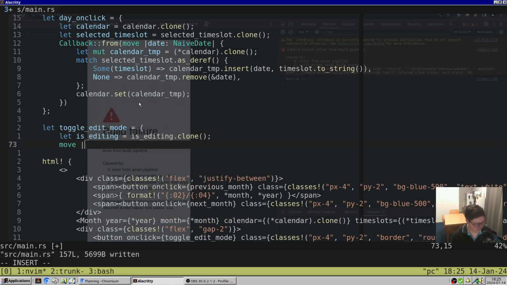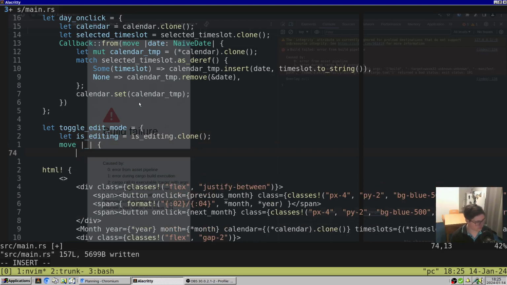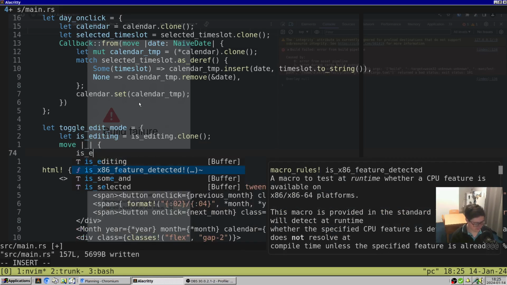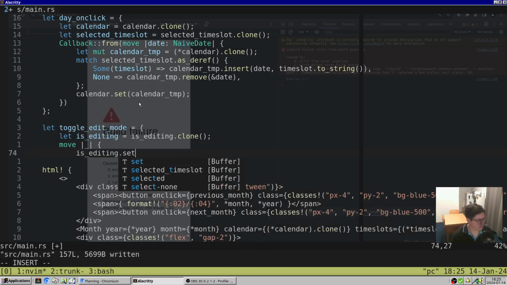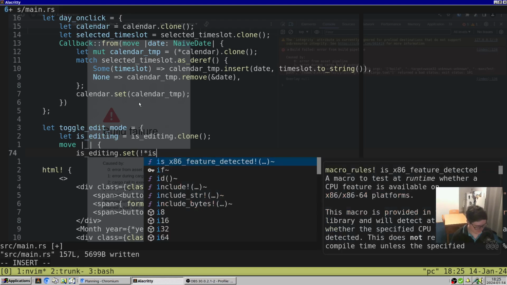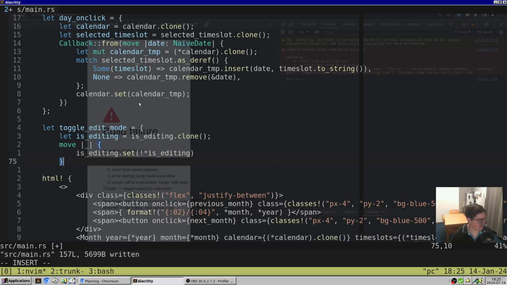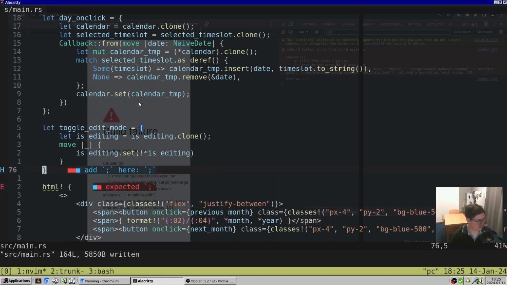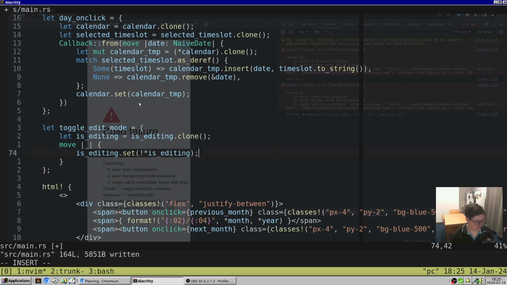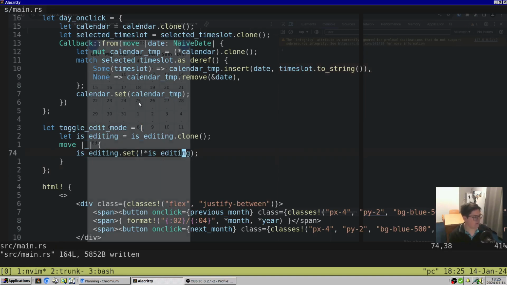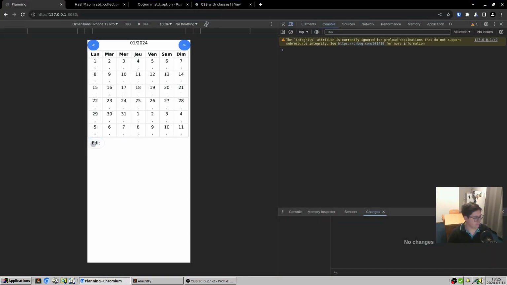So we'll return this closure, which will set is editing to, whoa, that's some funny syntax here, but wow, this works again. Okay,